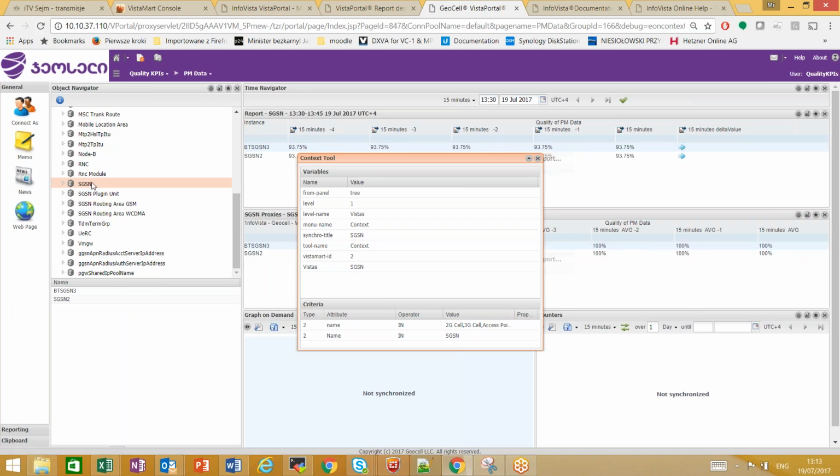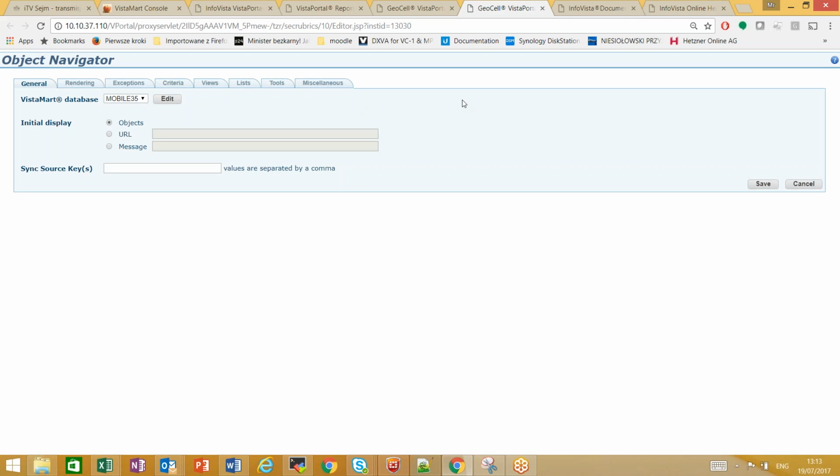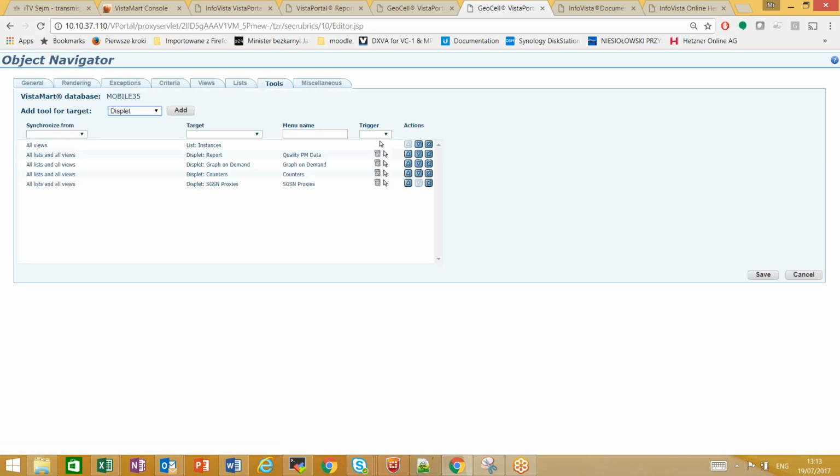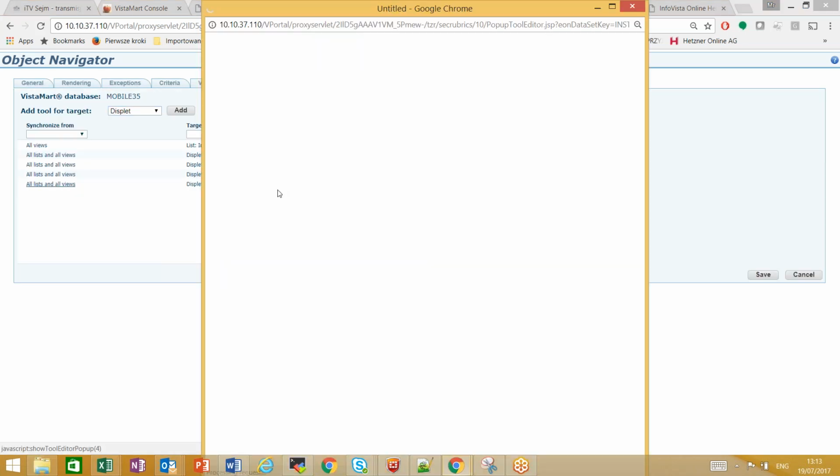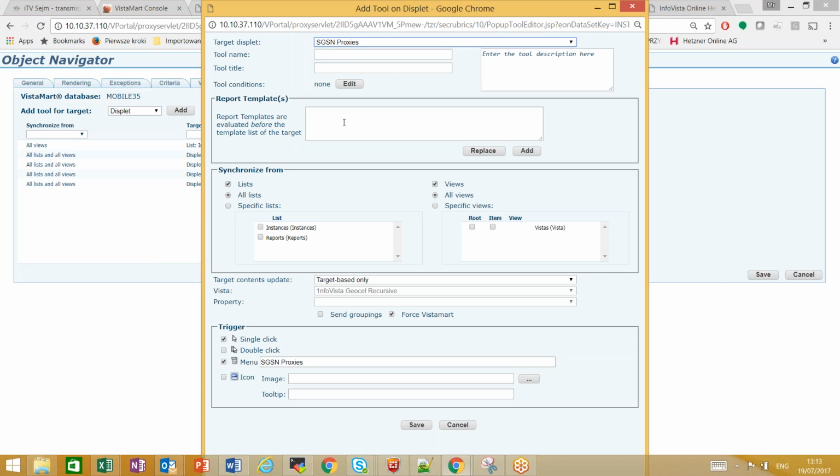If I click on the SGSN, I have my context tool, and I see that Vistas is SGSN, and the synchro title variable is equal to SGSN. Now, let's make use of that synchro title variable. I go to edit my object navigator, back to my tools, and you see the displayed SGSN proxies is